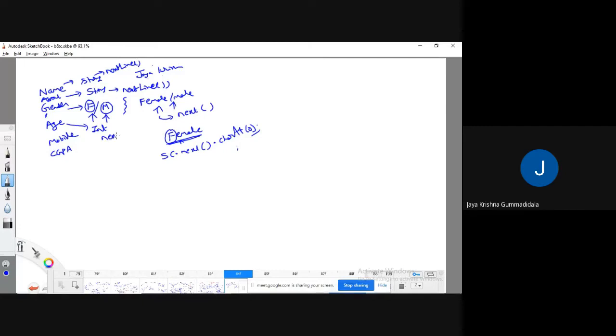Then which method do I need to use? I need to use hasNextInt. Mobile number, let us assume it's a kind of double, then nextDouble. Or anything long is also sufficient. Mobile number is not a floating value, right? So obviously we have to use long. CGPA will be in the form of points. I can use a float or a double. Maximum I am taking it as a double. Okay, fine.